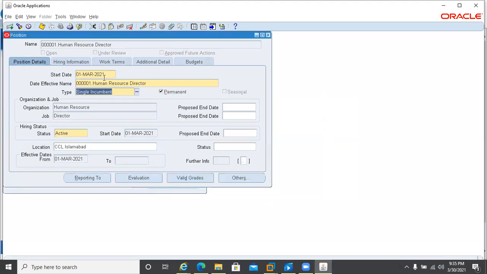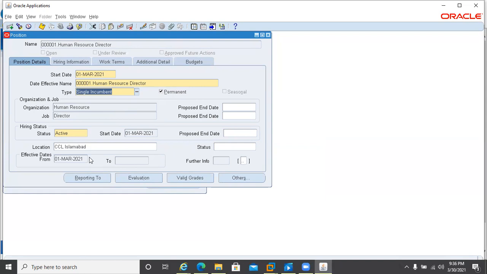It can only be deleted in different scenarios. It can be ended. How can it be ended? For example, the employee to whom this position is attached left the company. So you end-date the employee record in the HR, and based on that, this position will automatically be end-dated as well. Then you can come here. For example, you end-dated the employee on 30th April 2021.